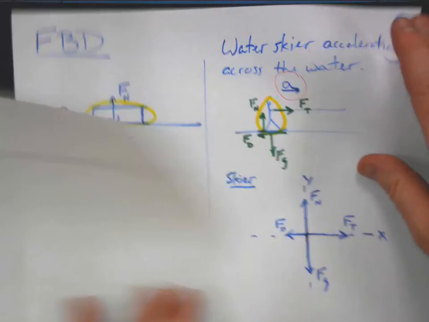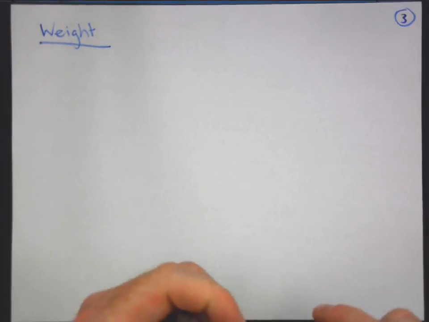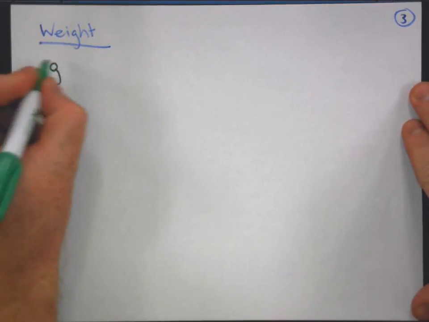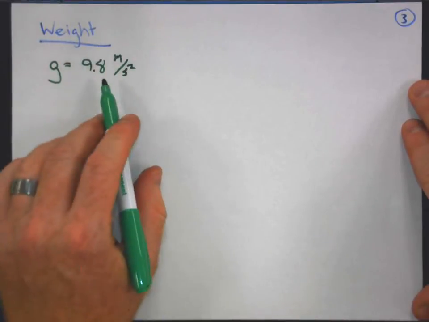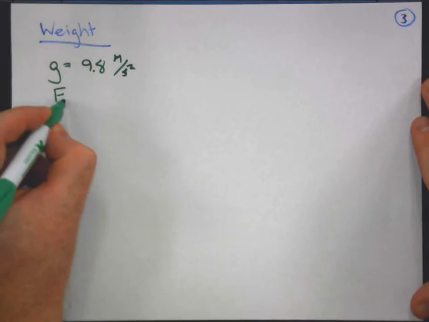Now, there's one more thing to get to in this video, and it's really, really cool, but also rather important. Let's look at weight for a second as a force. Okay. We're going to consider this force of weight caused by a gravitational field. I'm going to stop using this guy. I think he's done. Now, we know that gravity accelerates all objects at 9.8. So little g is 9.8 meters per second squared. And that's true of all objects when there's nothing else affecting the object. That's called free fall. You remember that condition,